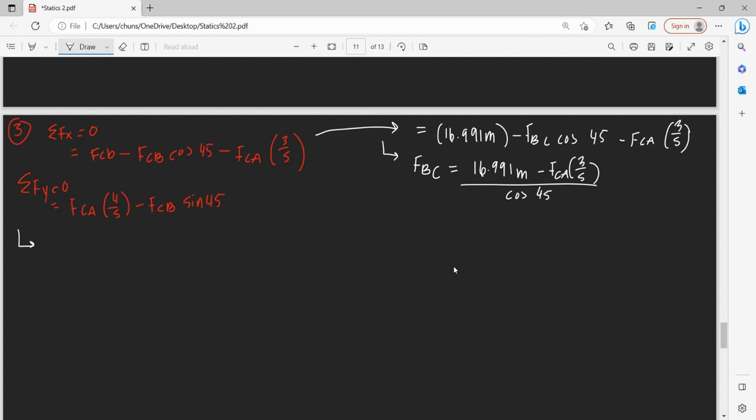So then when we plug this into our Fy equations, we have FCB sine 45 equals FCA 4/5. We're going to plug this in now. So then this will give FCB